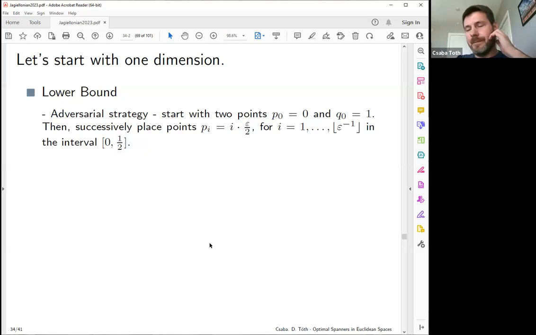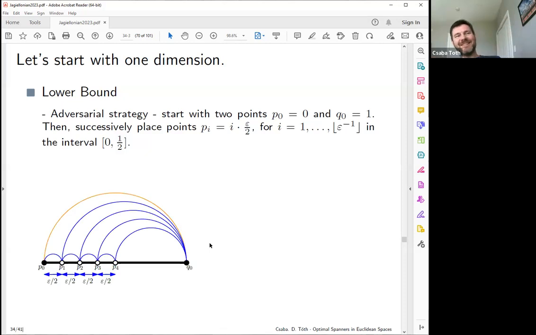But the adversary can fool the algorithm. This is what the adversary would do. Put down the leftmost point, the rightmost point, P node and Q node, and then they have to be connected by this orange edge, right? The algorithm has to maintain a spanner at all times. Then the adversary adds point P1. Now, it has to be connected to P node for sure, but it also has to be connected to Q node, because